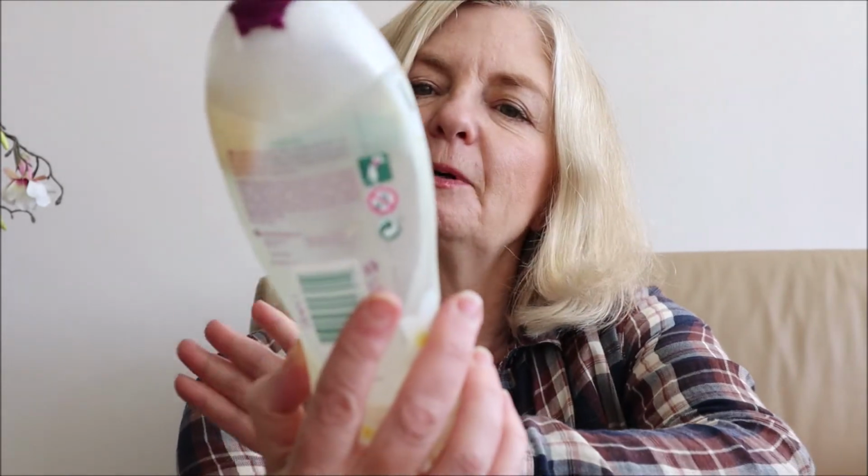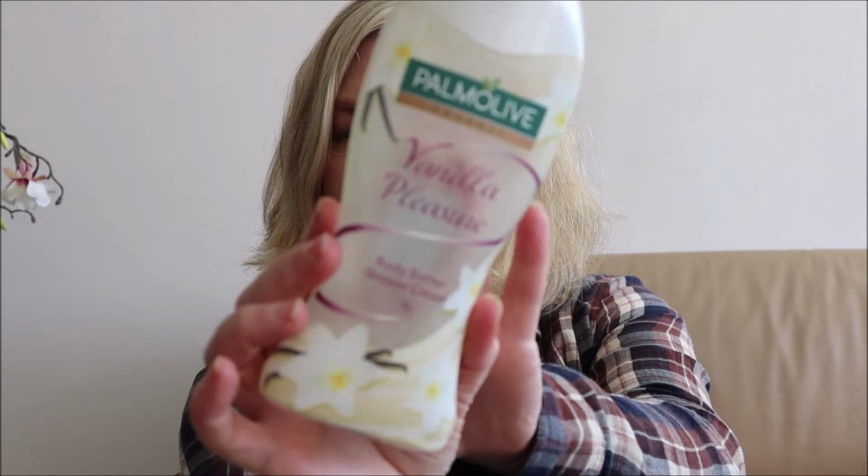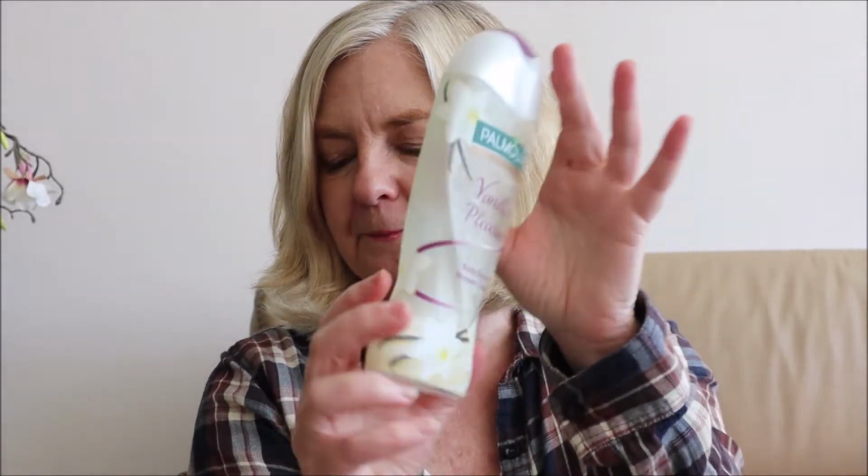Well, it's a long time since I looked in this box. So I used up the Palmolive Vanilla Pleasure body wash that I won from Lorna Cunnington in a giveaway. It's very creamy, it's nice, it lasted me probably about a month. I got through this